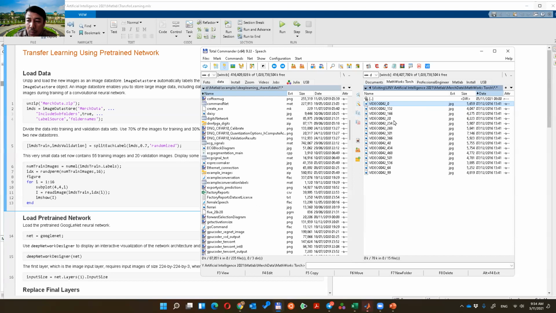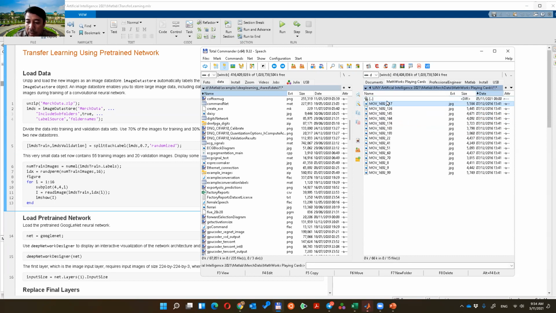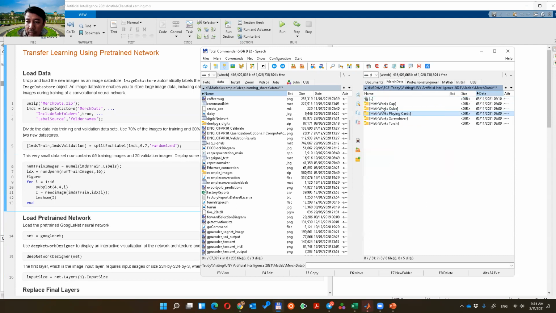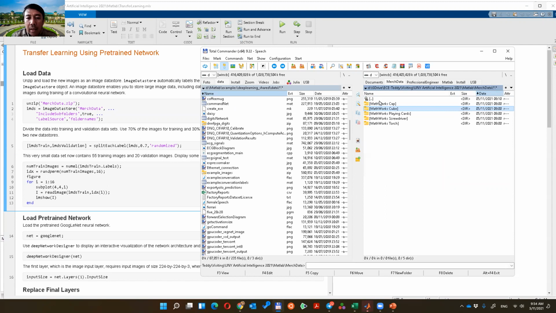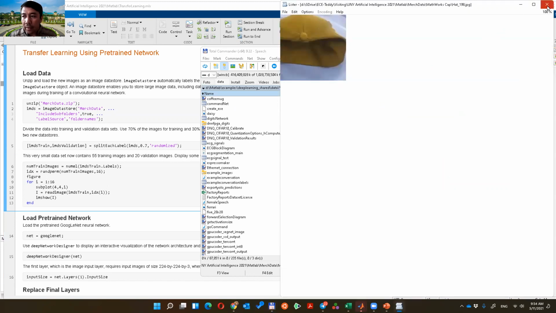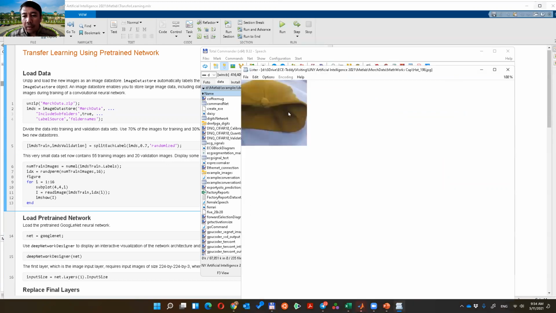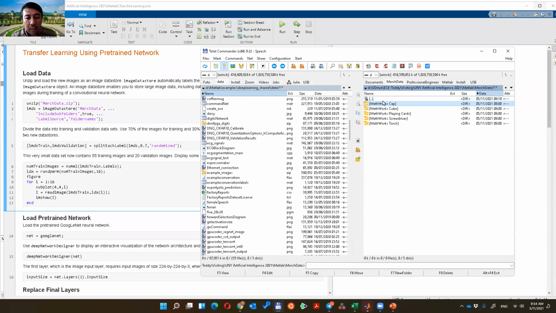Okay, small number only. This is 15 files. Screwdriver only 15 files. Sorry, the playing card 15 files, cube also 15 files. So you have only 15 files, and cap here also only 15 files. So you can vary the things, maybe some full cap, or maybe half of the cap, part of the cap and so on. But we still can do that one.